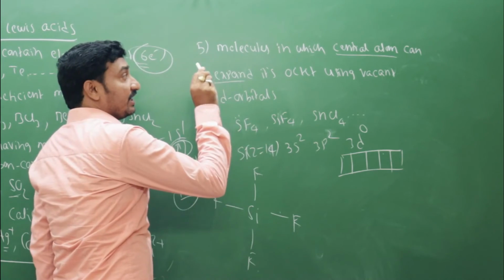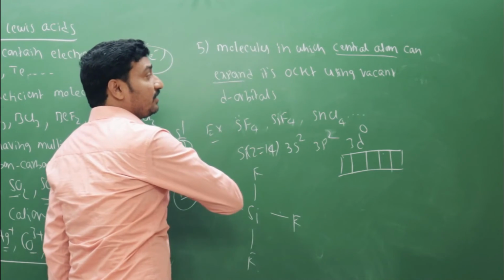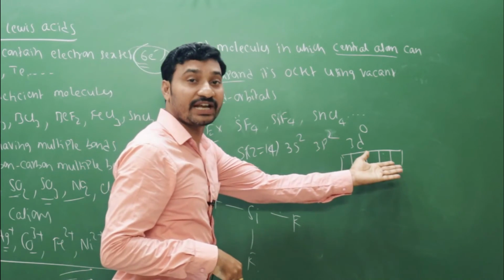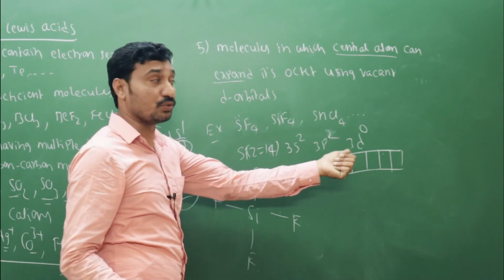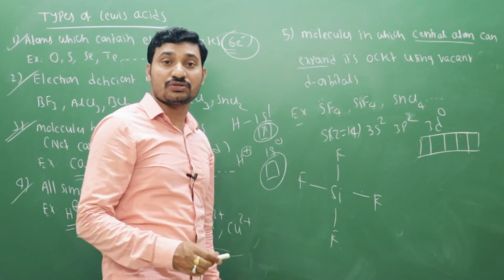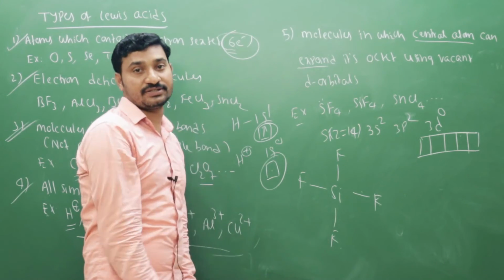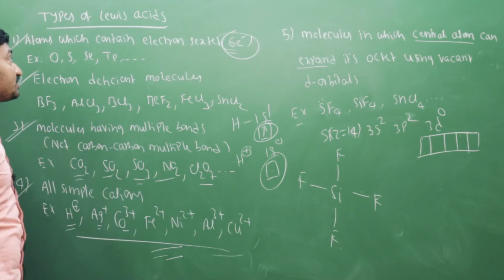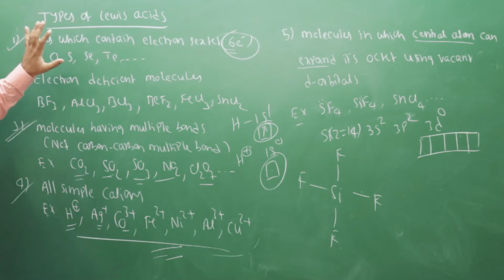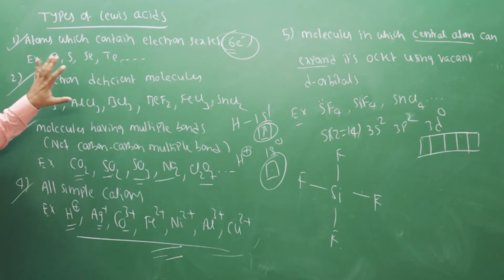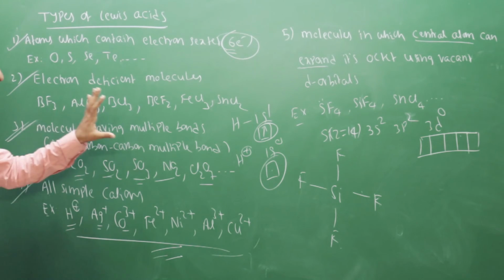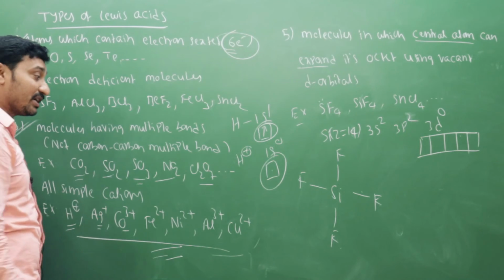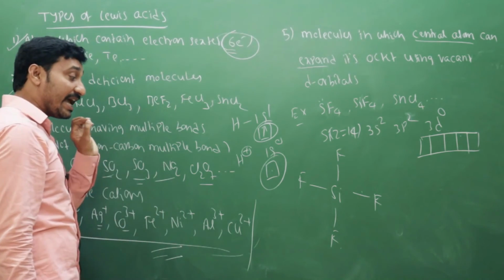So in which the central atom can expand its octet? How can it expand octet? Due to having vacant d orbitals. So this type of molecules are also called Lewis acids, right? So these are the 5 types of Lewis acids: atoms which contain electron sextet, electron deficient molecules, molecules having multiple bonds, all simple cations. Here note one important thing: all simple cations except